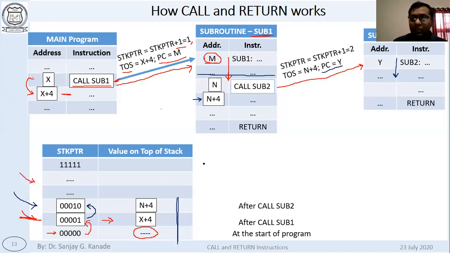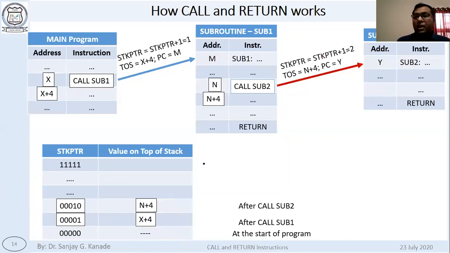So this is how we are going to subroutine 2 from subroutine 1. Remember, we are going to subroutine 2 from subroutine 1. Now this is how we have gone to subroutine 2. Whatever the instructions here are, they will be executed one by one as usual, and then this return instruction comes up. Return instruction of subroutine 2. Note down, it is about the return instruction of subroutine 2.